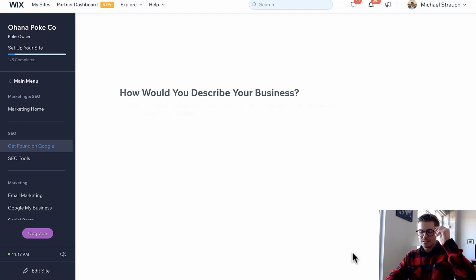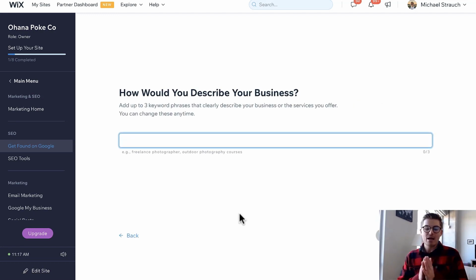So now we're going to hit Next. Okay, now these are a very, very crucial aspect to what you're about to do. These are 3 keyword phrases that clearly describe your business and the services you offer. Now, let me tell you something about these 3 keywords. These are very, very important because these are 3 keywords that will be attached to your website